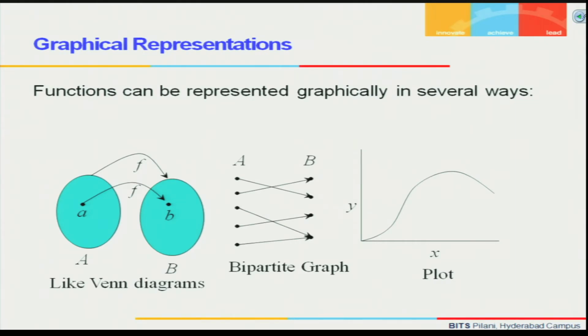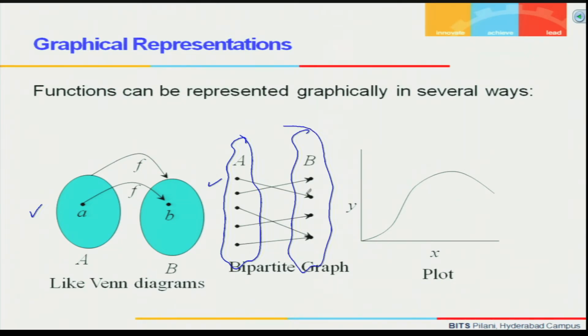You can have a number of ways of representing it. You can say that this is set A, this is set B, and A is mapped to B, with all the elements of set A as this and elements of B as this. Then elements of A will have corresponding images in B, and you just represent it. This is also okay, and we are all very familiar with representation by graph. This might be a graph of f(x) equal to x plus 5 or x square plus 2 or whatever it is, where you have x values here and f(x) values plotted on the y-axis. Then you get a graph like this.